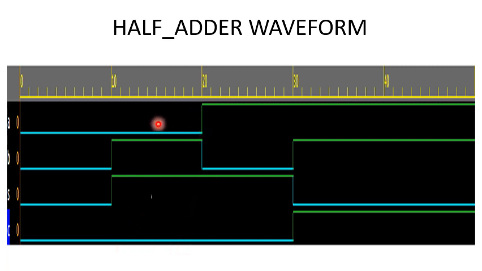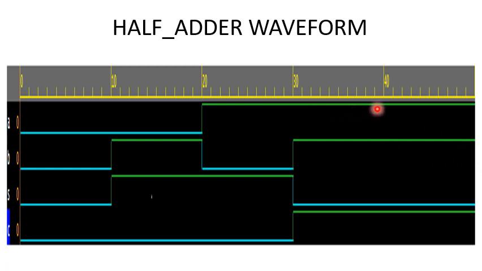And next hash 10, that is 10 plus 10. Now the change will be happening at 20 time units, a becomes 1 and b becomes 0. So 1 0, again sum is 1 and carry is 0. And finally hash 10 means after 10 time units, that is 20 plus 10, that is at 30, a will be 1 and b will also become 1, for which the sum will be 0 and carry will be 0. I have displayed the simulation for 50 time units.